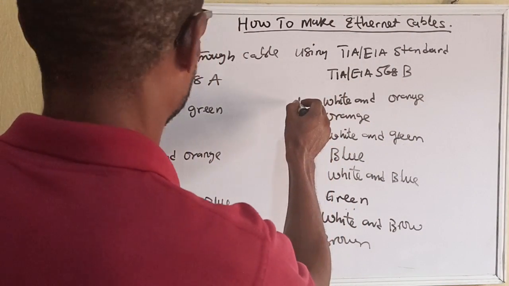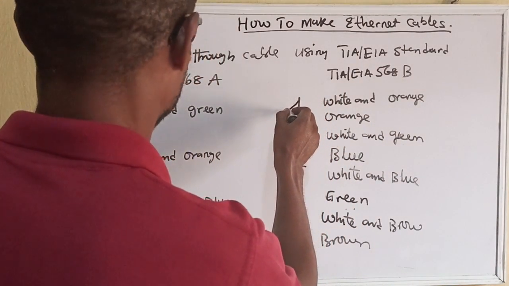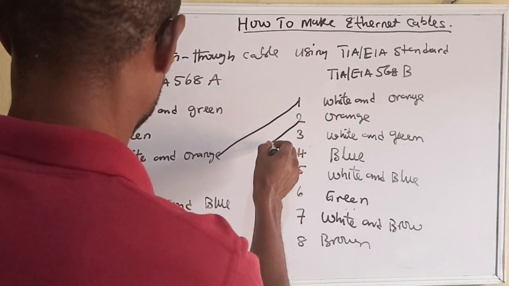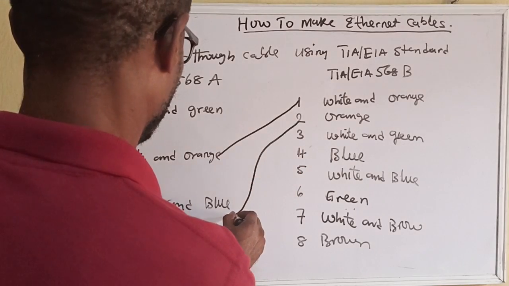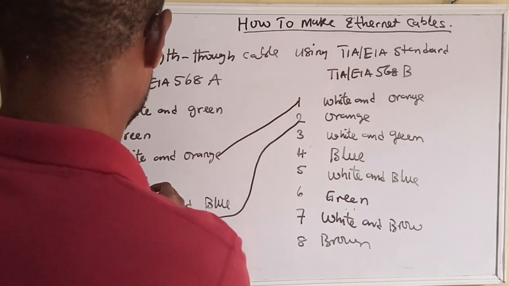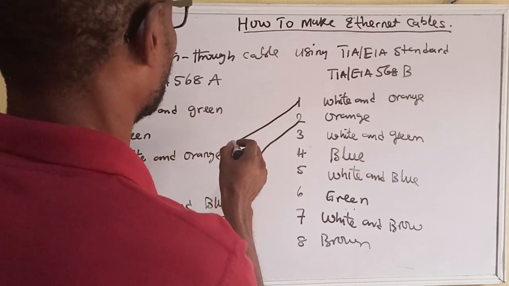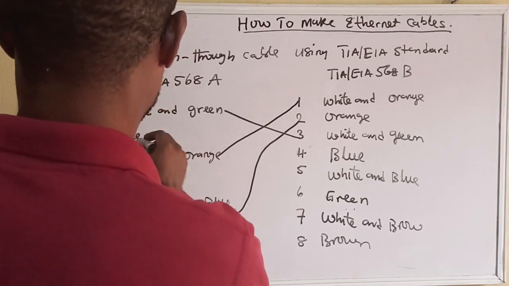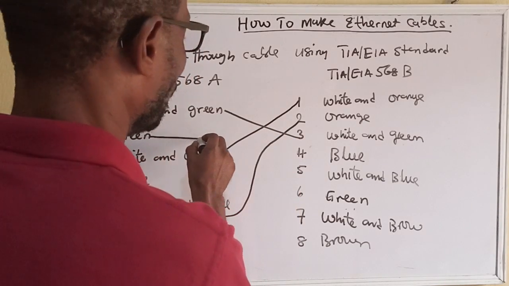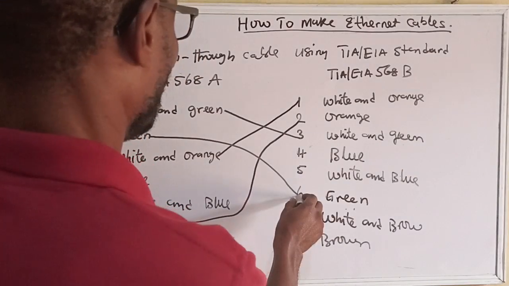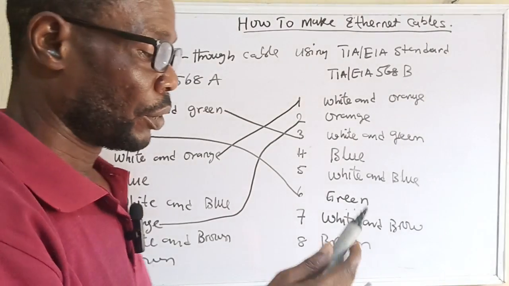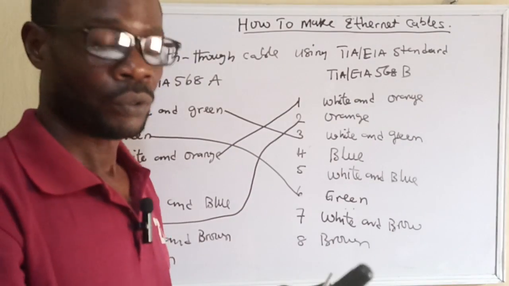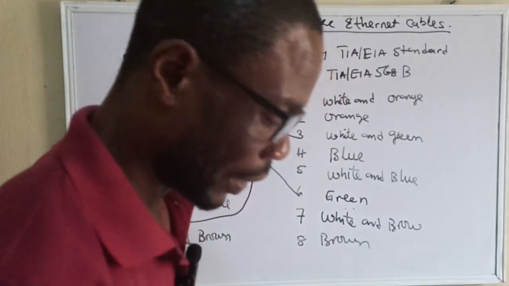For a crossover cable, pin 1 here needs to go to 3 there, and 2 here needs to go to 6 there. So for you to make a crossover, instead of the straight through,